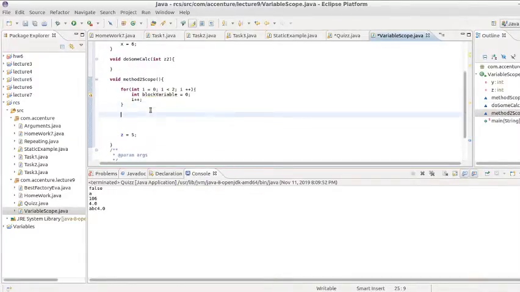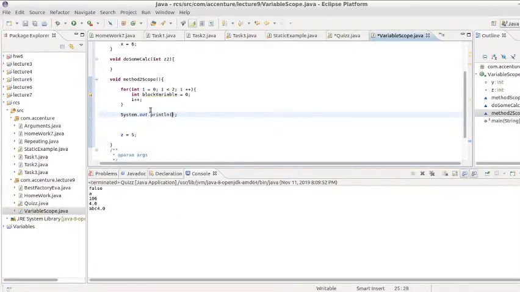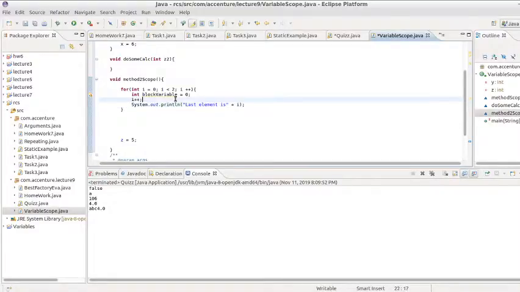For example, if you want to know the number of the last element, it's not accessible from here, and we can't put it here because every element will be printed out. Of course, we can do some condition,